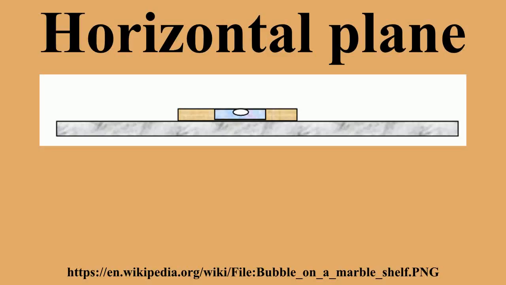In geometry, physics, astronomy, geography, and related sciences, a plane is said to be horizontal at a given point if it is perpendicular to the gradient of the gravity field at that point. In other words, if apparent gravity makes a plumb bob hang perpendicular to the plane at that point. Alternatively, a spirit level, which exploits the buoyancy of a bubble, can be used to determine if the plane is